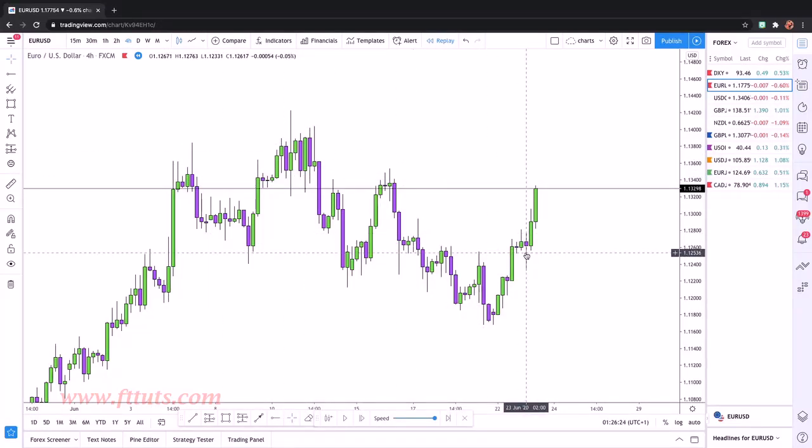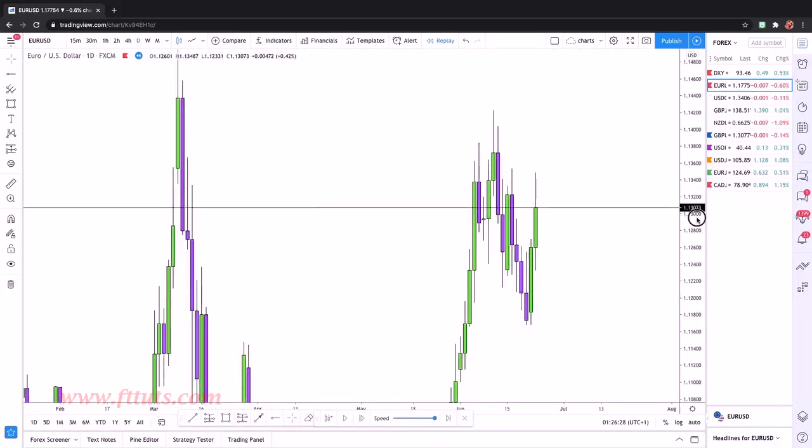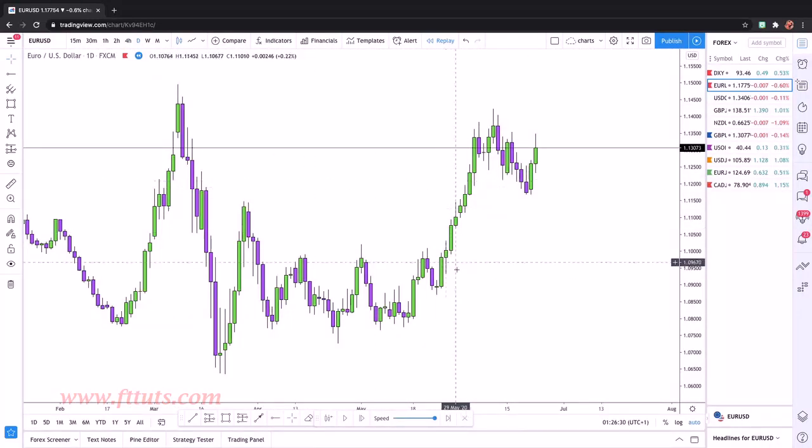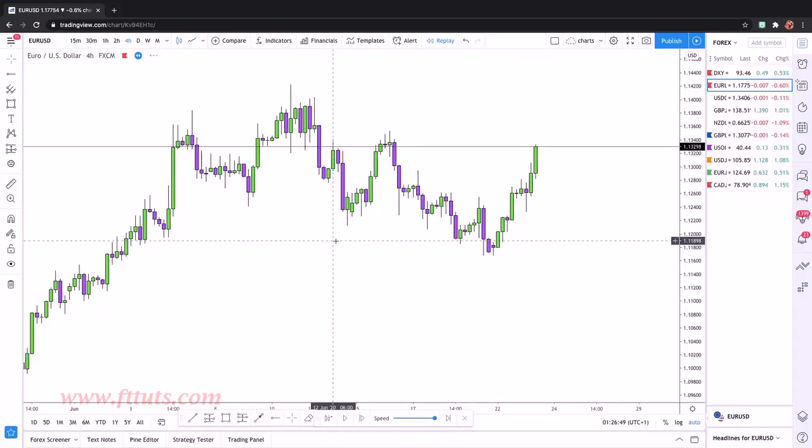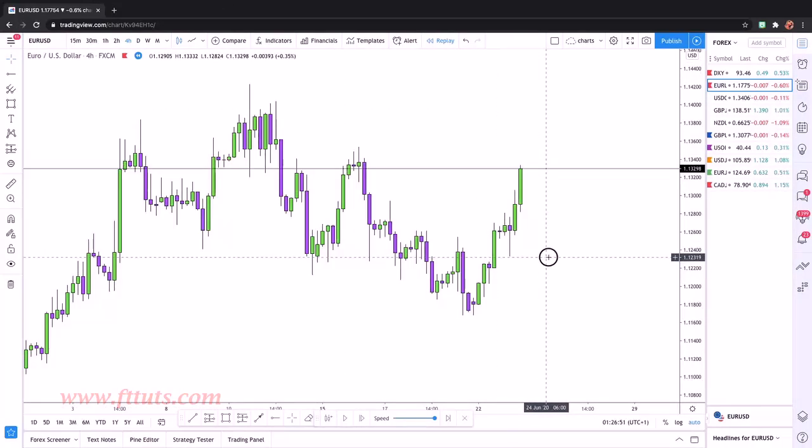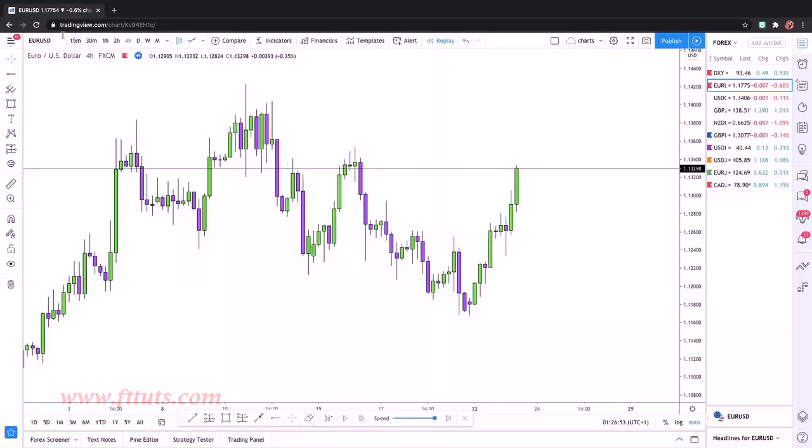So the first thing you want to realize is you want to go to the daily time frame and just see what's been happening the last couple days. We've had a big impulse here and then a correction, and then we had a correction here, but mainly it's at resistance right here. So if it respects this area, we could end up getting a deeper pullback. Looking at the 4-hour time frame, in order to take this trade,